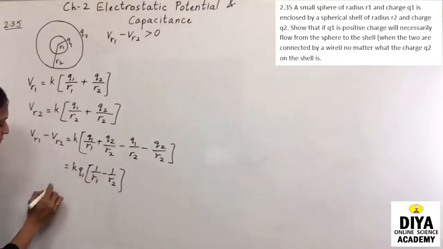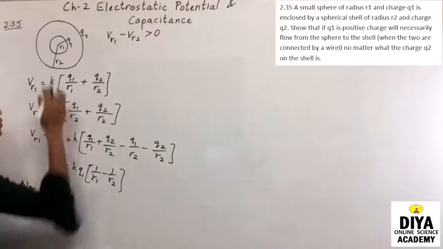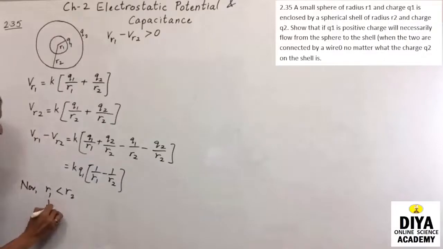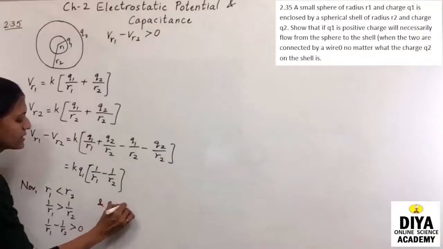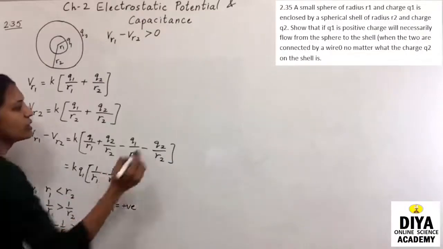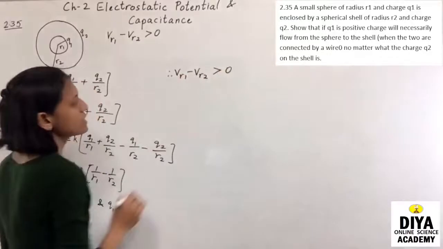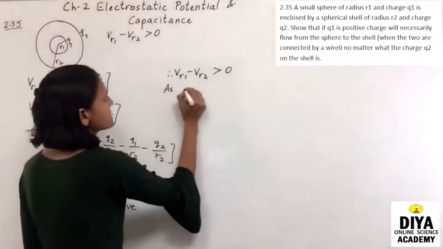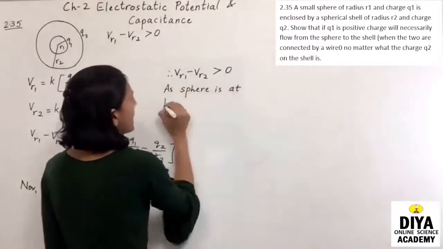नाउ वी नो दैट R1 इज लेस देन R2, R1 रेडियस कम है R2 से, तो 1 अपॉन R1 कर दूं तो वो ग्रेटर हो जाएगा। तो ऑब्वियसली 1 अपॉन R1 माइनस 1 अपॉन R2 विल बी ग्रेटर देन 0। Q1 पॉजिटिव चार्ज है। तो therefore Vr1 minus Vr2 will also be greater than 0. So as the sphere is at higher potential